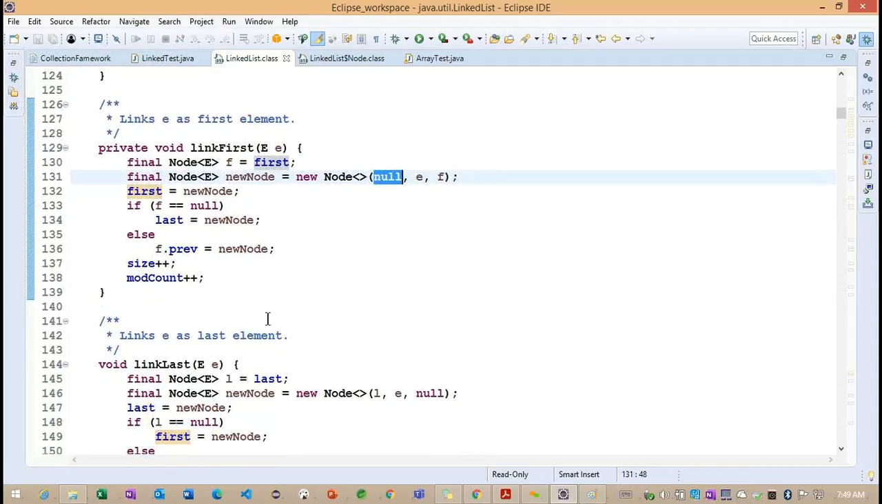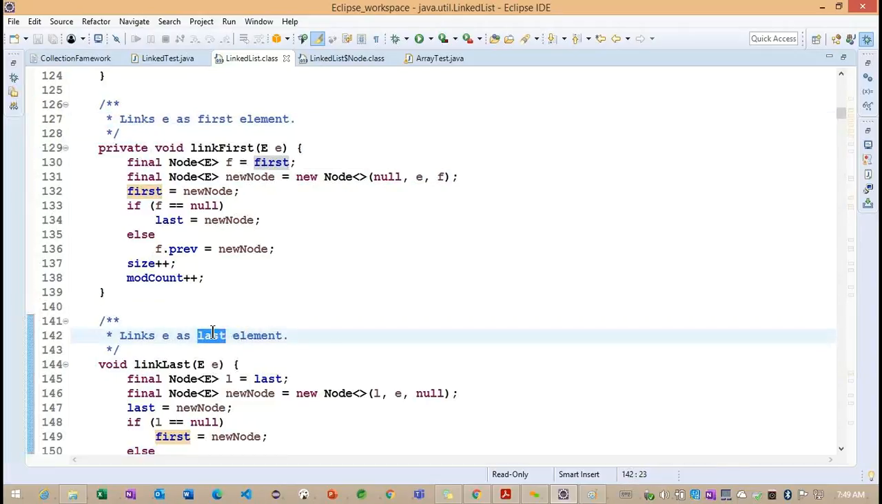Getting the point? Now you can see the first element, like first object and last object. The references we need to see carefully. Now you can see when we are trying to create a new node here, we are making the next reference null, so that we can consider this as the last